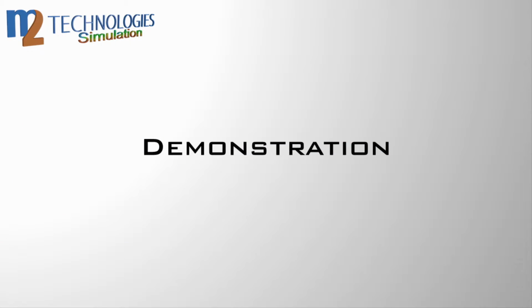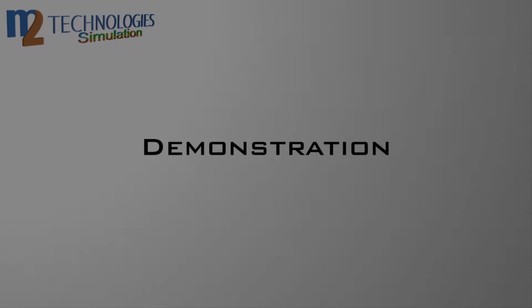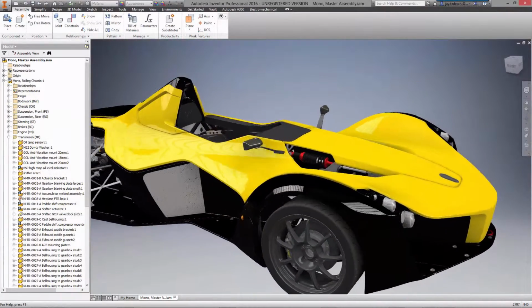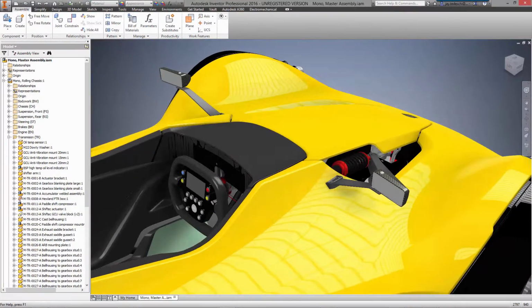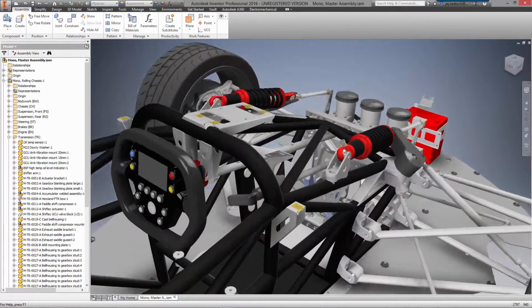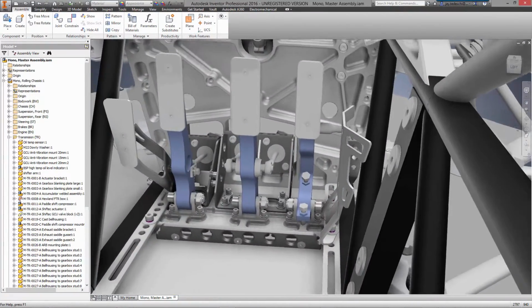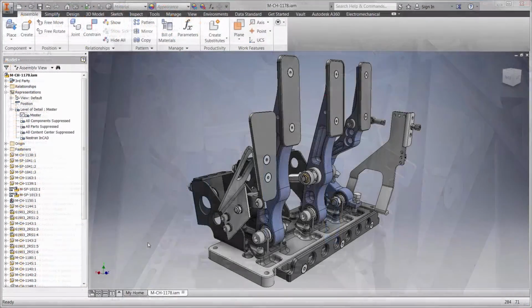Now let's take a deeper dive into a full demonstration. Welcome to this demonstration of Nastran In-CAD driven design. Briggs Automotive Company is dedicated to the safety of their vehicles while reducing as much weight as possible from the parts they make. Let's take a look at this pedal box assembly and continue the design process for the clutch